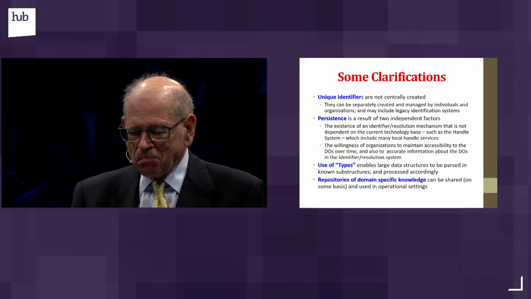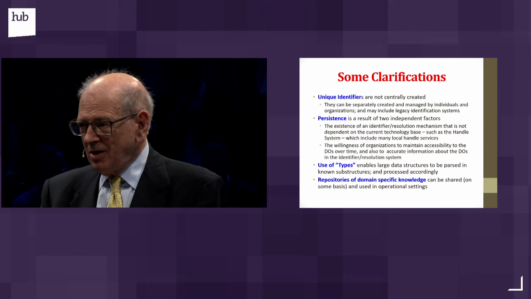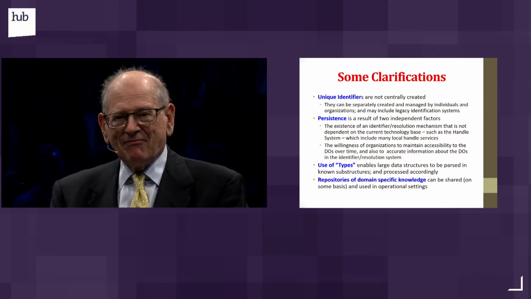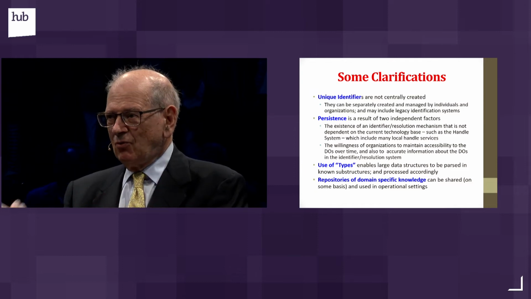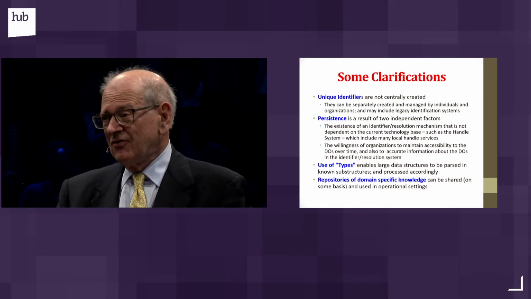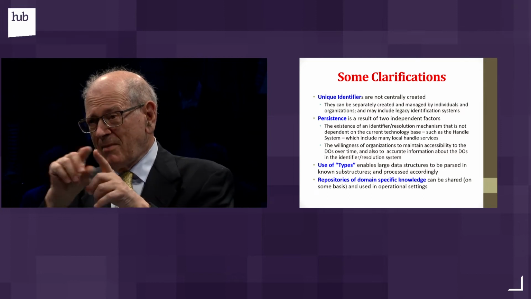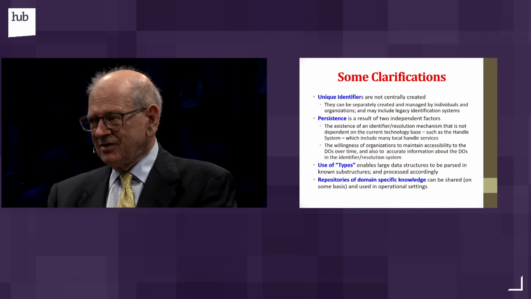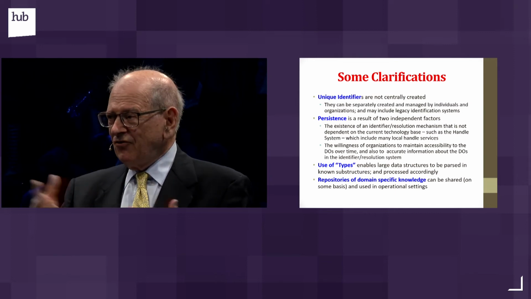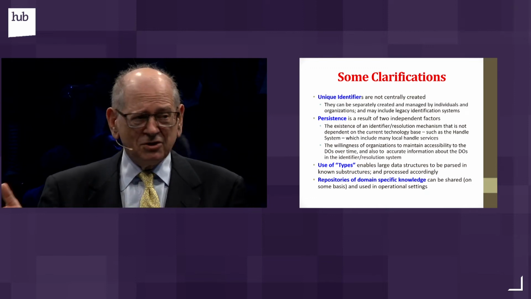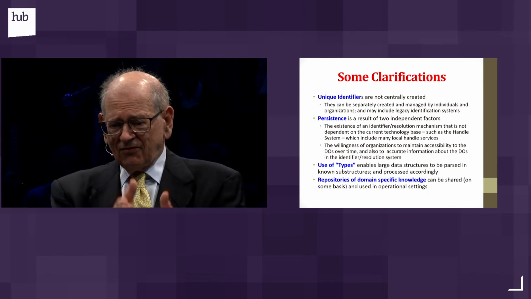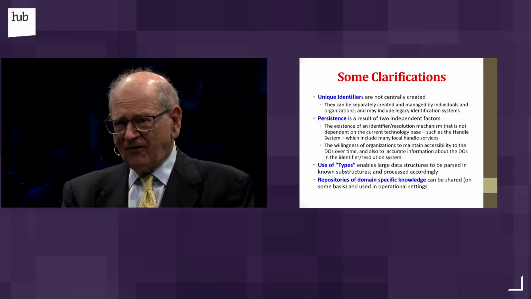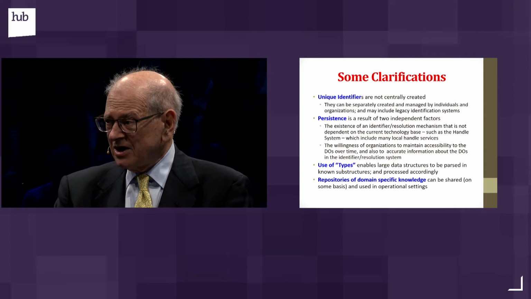Now, typing is important, and so every element of a digital object is essentially a type-value pair, and the type says what the value is about. So if it's, let's say, a movie in digital form, you might have one thing that says this is of type audio, this is of type video, or it could be a sensor set of data in a large research data set. It will be chunked and fragmented, and you could say, okay, this type is here, maybe this is how far it goes, and so forth, so you can figure out what's actually in there.